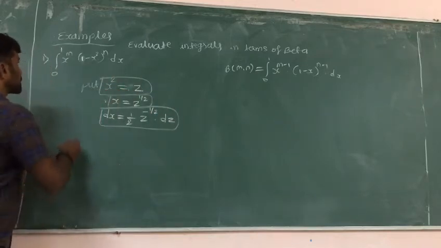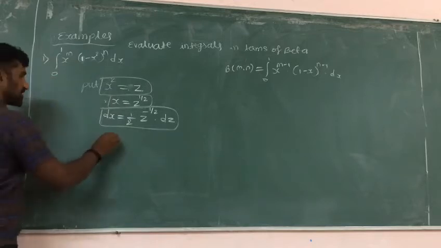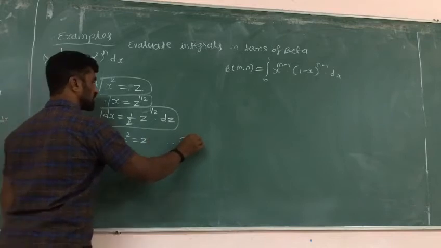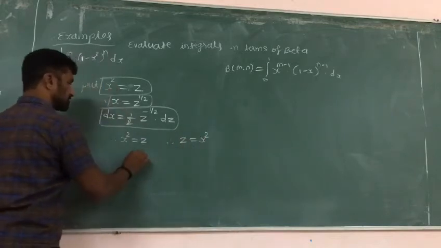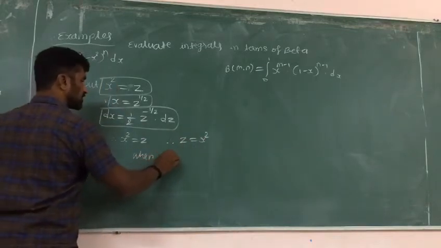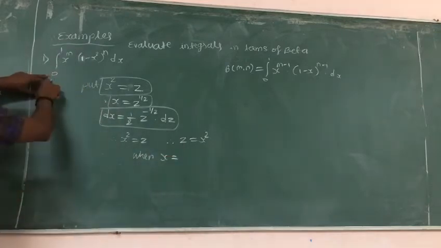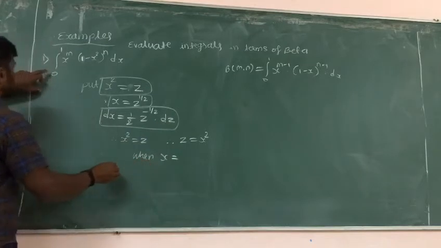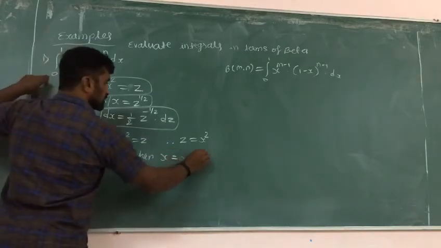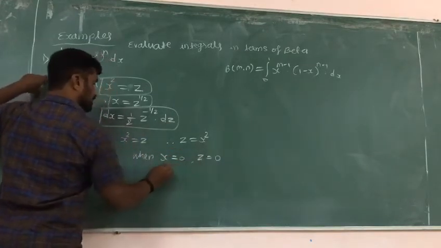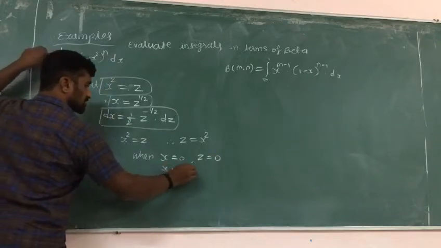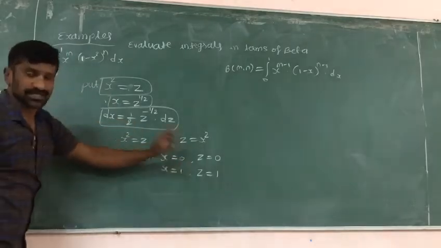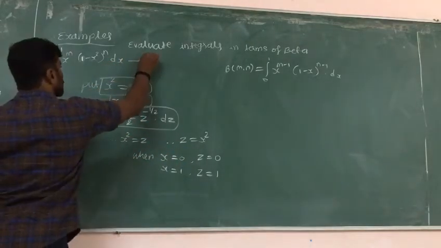Then we need to see what changes in the limits. Therefore x square is equal to z, so z is equal to x square. When x is equal to 0, z is equal to 0 square, it is 0. When x is equal to 1, z is equal to 1 square, it is 1. The limits have not changed. Therefore equation 1 becomes